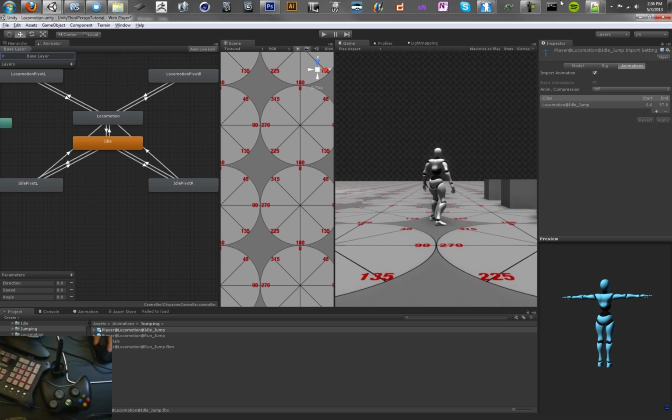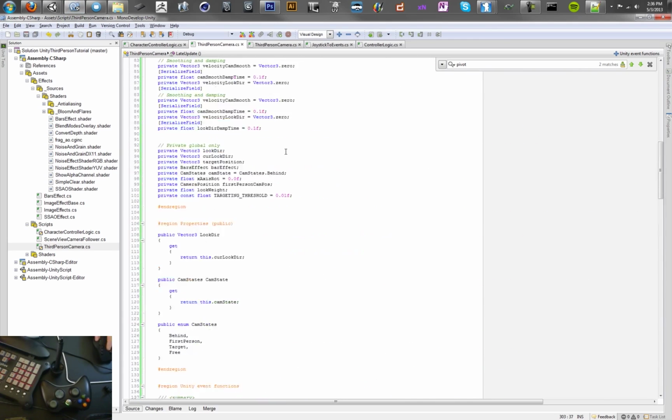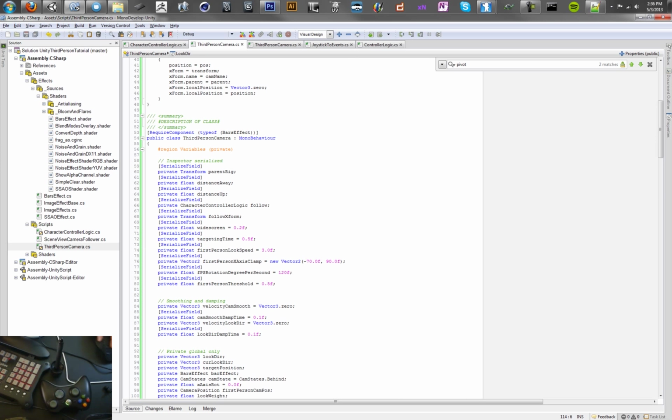Open up our script. The last tutorial, for this one, we're going to be adding a final mode to our camera. And you can see that in our struct that we had this one called free. So this will be the last one we add. And to do that, we're going to need to add some new variables to our